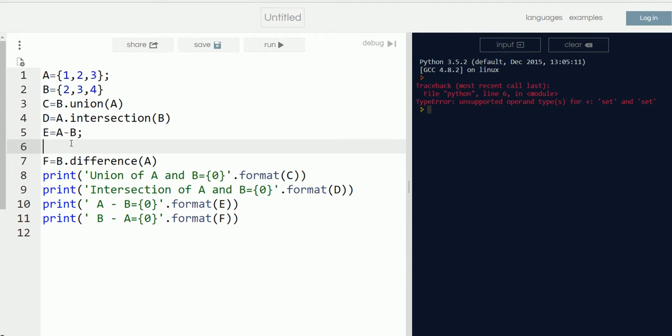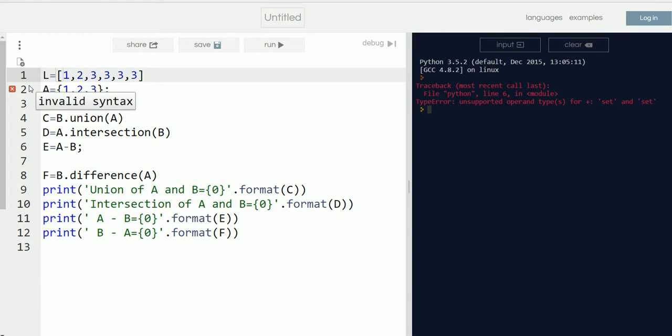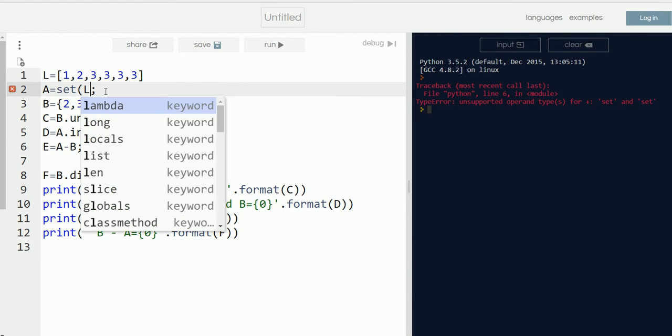Now, the way we saw a bit earlier that you can convert a set into a list in order to iterate over the elements, the same way you can create a set from a list. Now let's see how we can create a set from a list. Let's say L is equal to 1, 2, 3, 4, 1, 2, 3, 3, 3, 3. Let's declare it as a list. Now you can see that the list has got multiple elements. Now when you say A is equal to set of L, A value